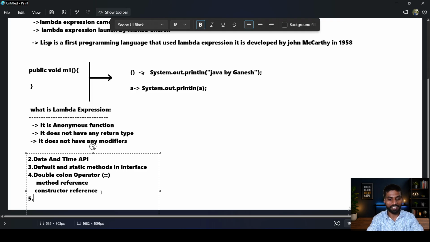Next, there is the Optional class. It came to avoid the null pointer exception. That we will discuss later. The Optional class in Java.